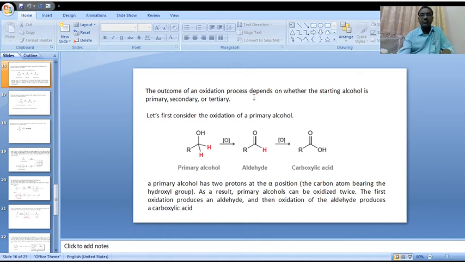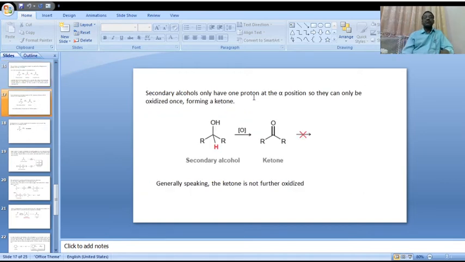Okay. Secondary alcohols contain only one proton at the alpha position, so they can only be oxidized once,